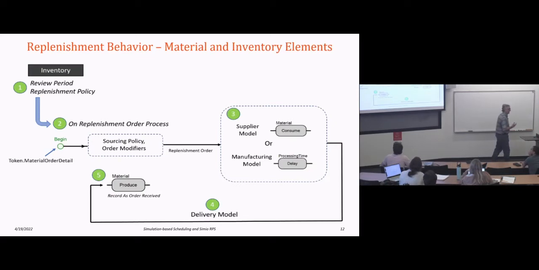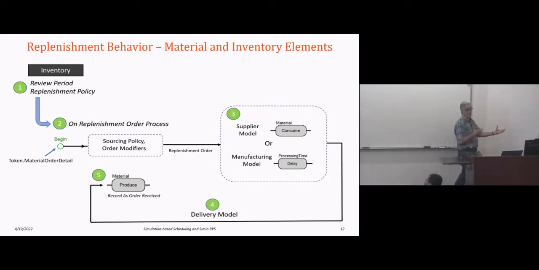And the inventory replenishment policies can be applied at the material level, so kind of globally, and also at the inventory level, where you would apply those locally. Again, in our case study models, we didn't use this replenishment. We just said we're going to schedule these deliveries, and then we'd use the produce step. So our replenishment was based on a schedule, not based on any particular replenishment policy. But we could have just as easily done it based on a replenishment policy.